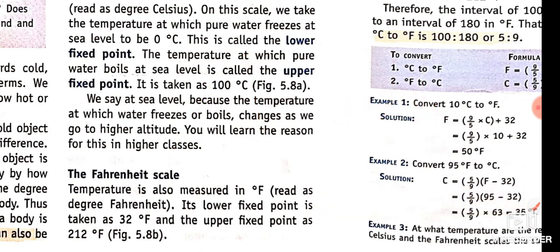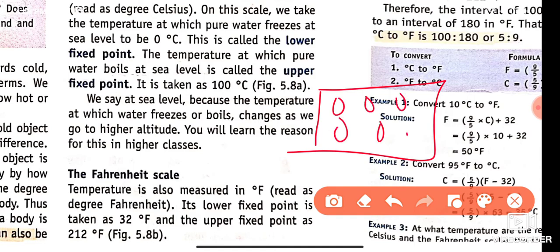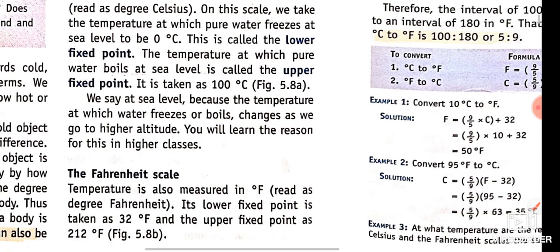And what is a boiling point? Try to understand. The boiling point of a substance is the temperature at which the pressure of the vapors of a liquid is equal to the pressure of the atmosphere. That's why we say that at sea level the boiling point of pure water is 100 degrees Celsius and the freezing point of water is 0 degrees Celsius. When we go to a height, on mountains at high altitude, the water's boiling point decreases.